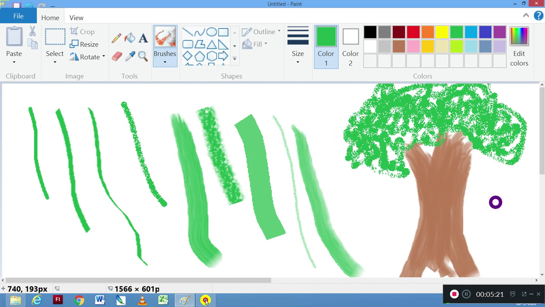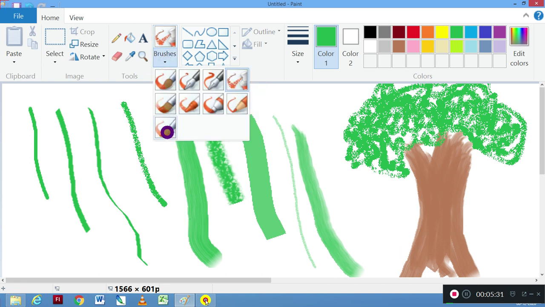So this way we can use the brushes tool. Even we can draw some pictures, some sceneries, some shapes, and we can use brushes for coloring also. We used watercolor brush, a little bit of oil brush also, and this airbrush for drawing this tree. So with the brushes tool, along with the type of brush, we can select the size and color.